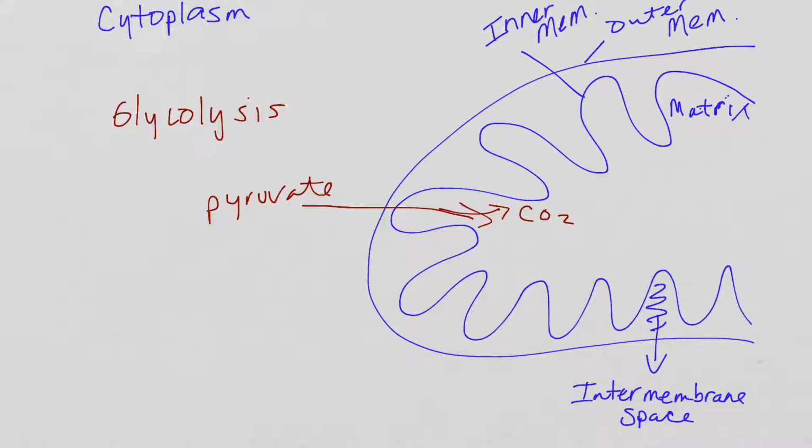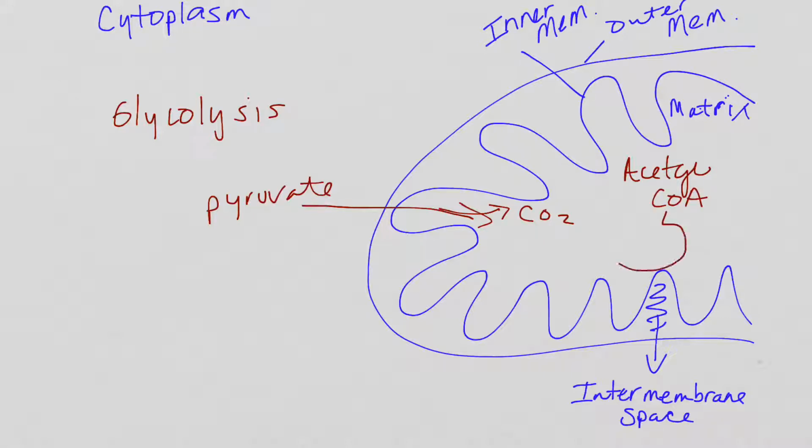So the oxidation of pyruvate is really happening inside the matrix, and more so it's not happening in the intermembrane space, and it's not happening in the cytoplasm. It's happening when we transport it across the two membranes of the mitochondria. Once we have the remaining product of it, which is going to be called acetyl-CoA, in the matrix, then in the matrix is where we're going to see that acetyl-CoA go through the Krebs cycle